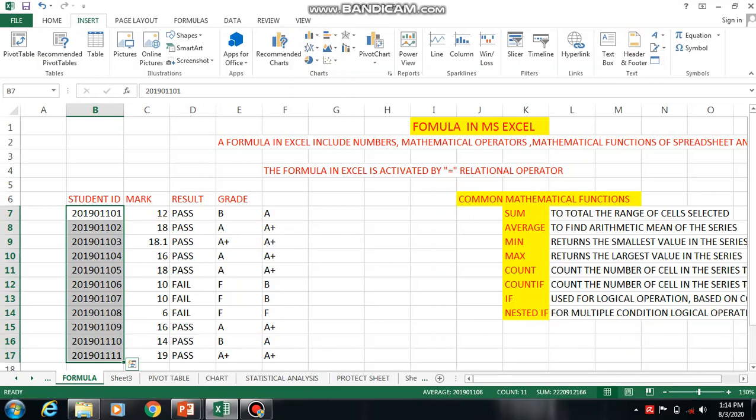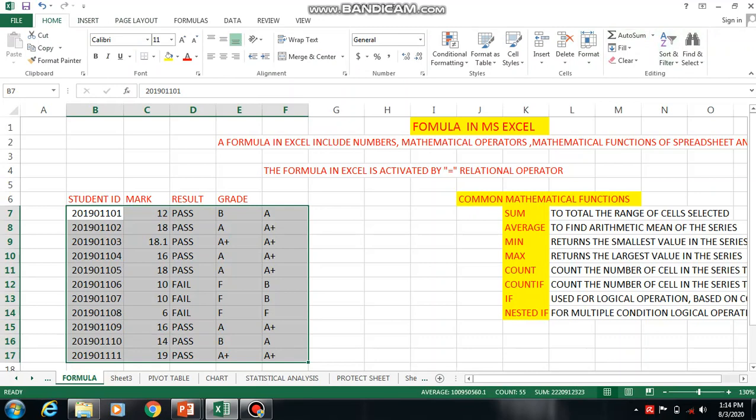How to sort? You just click this one, and then in the Home option you will have Sort and Filter. In this you can sort. I am sorting the ID number from largest to smallest. So this is sorted. Like this I can sort.